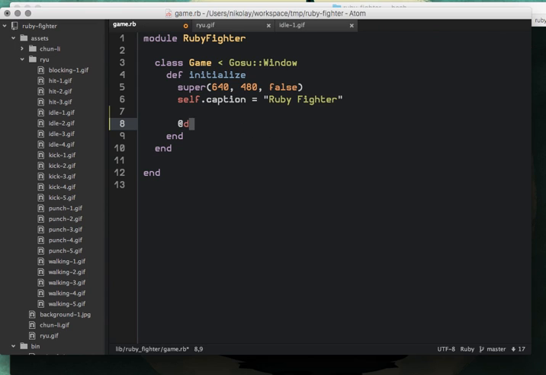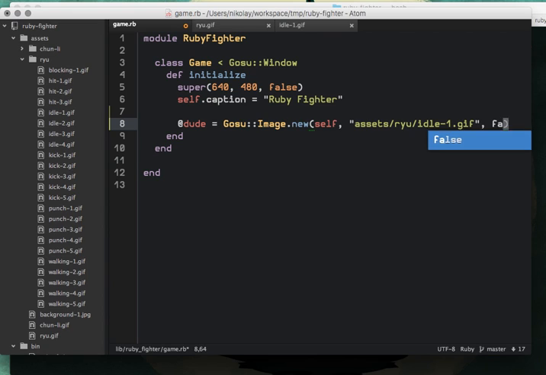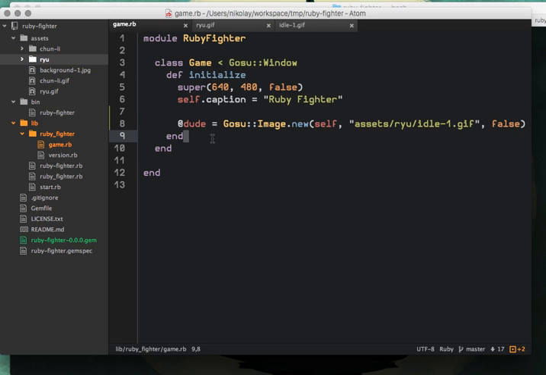You just say Gosu image new, pass window inside, and specify the path of the asset. In this case, assets ru idle one gif, and then a magic parameter. That magic parameter is basically used for working with sets of images, but in this case I just want one image. And so this way you initialize the image, and then if you want to draw it on a window, you just implement the method called draw,